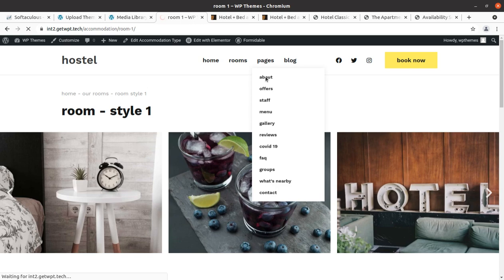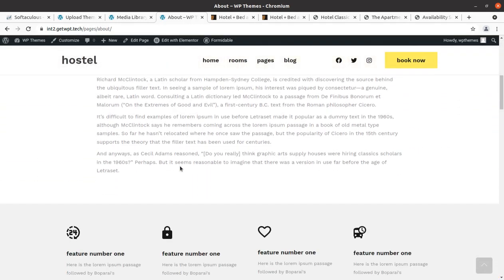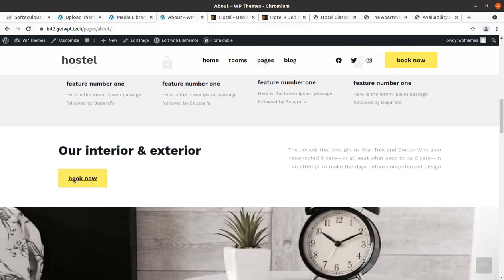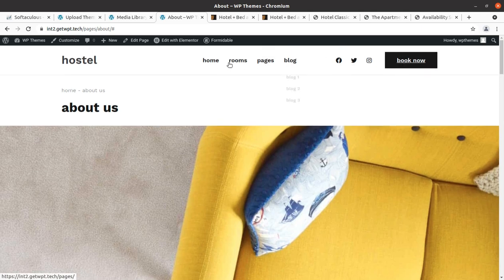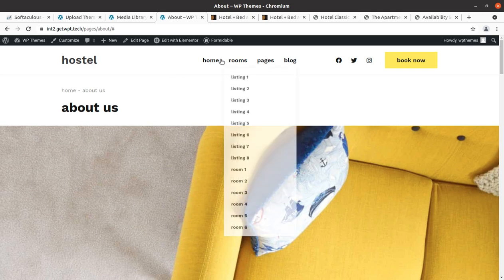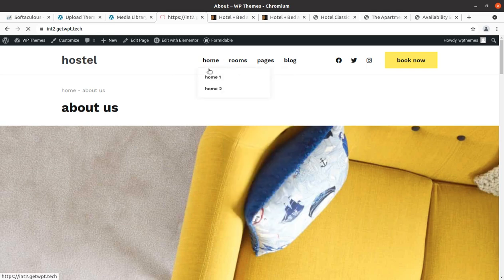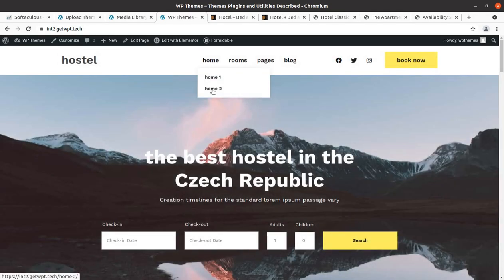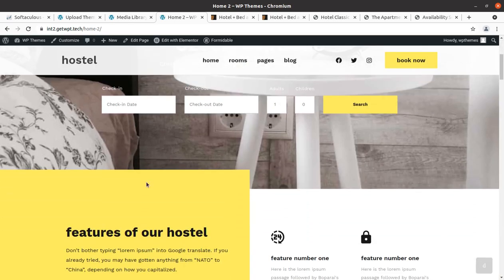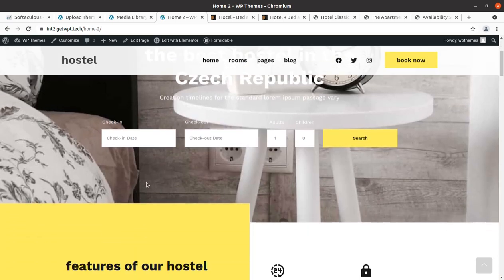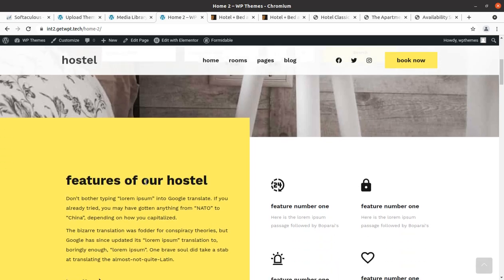So the selected demo is completed here, and we have a complete website, and you can see the stunning and perfect look, and the links are also here. Social media and a book now option are also here. The booking is to be configured further from the booking page. Okay, so it is all here, and we have two options in fact in this demo. Hostel 2 is also here. So okay, this is comparatively better.